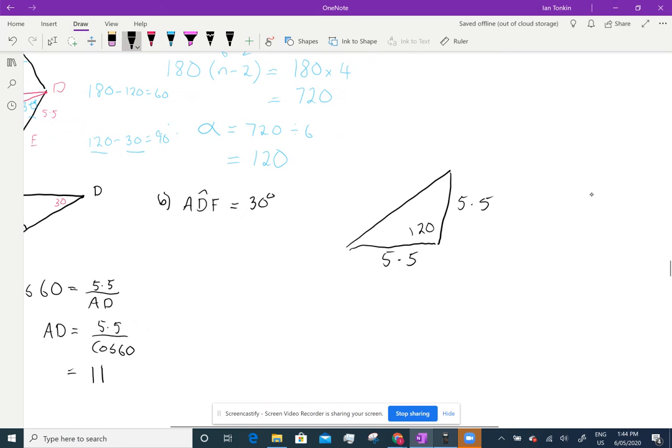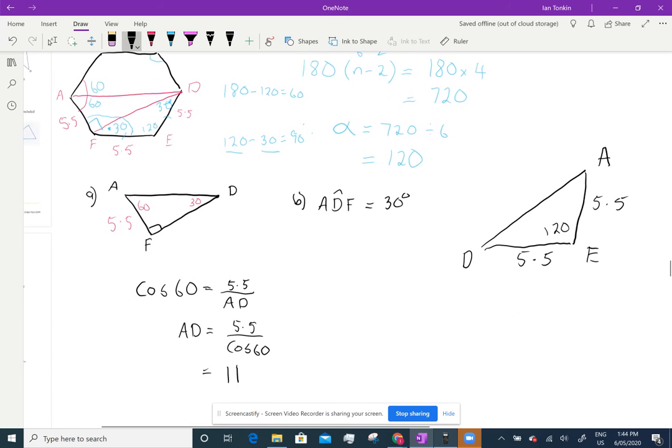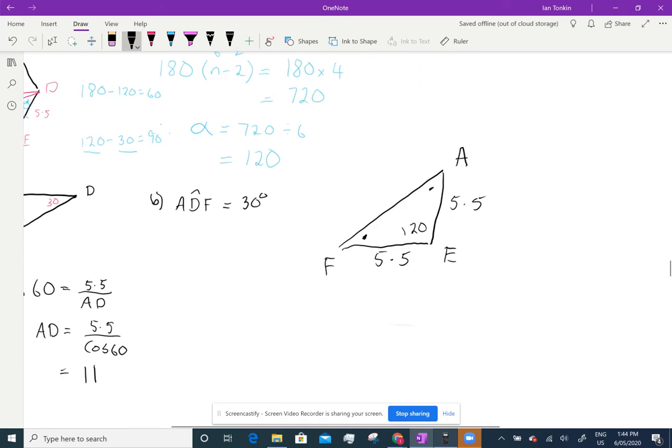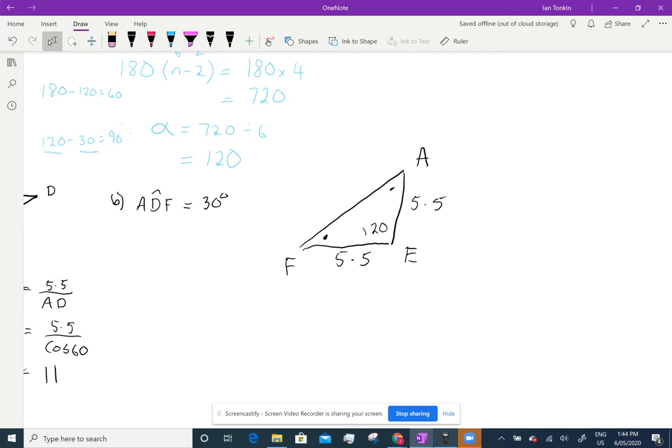And that's D, and that's A, and that's E. Sorry, this is F down here. So this angle is 30, but I don't need that yet. So let's calculate AF. AF squared, and I don't know why you do this, equals 5.5 squared plus 5.5 squared